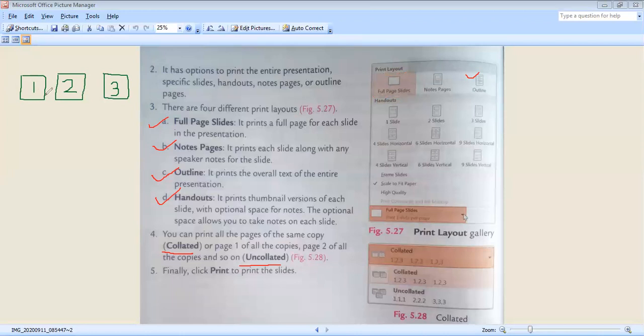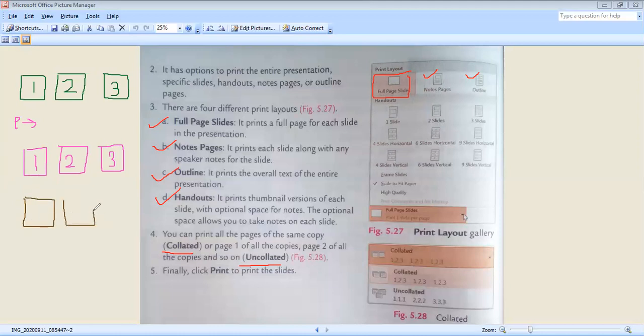While printing, you first print all the pages of the first copy, and then you print the pages of the second copy.